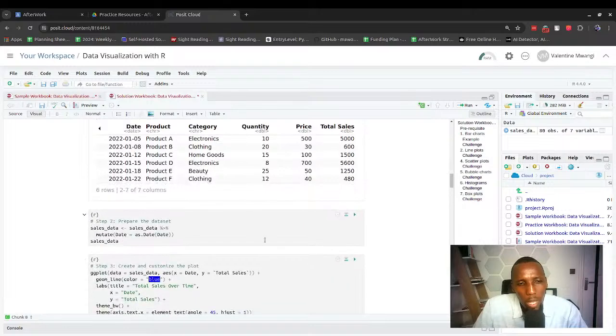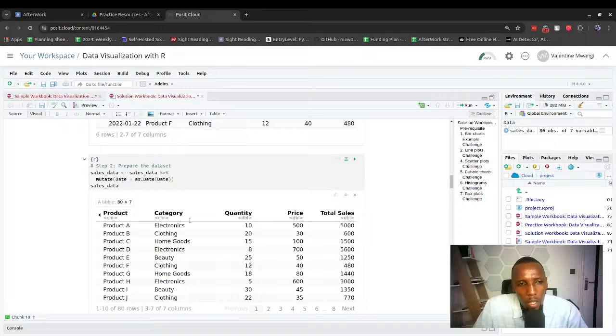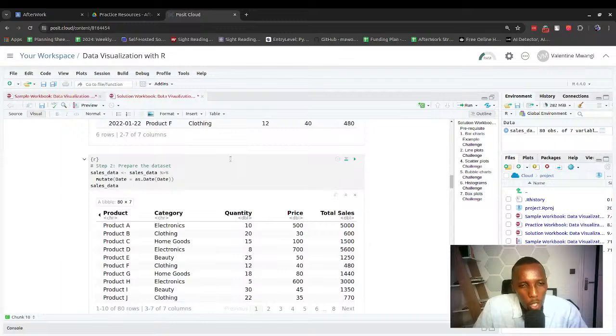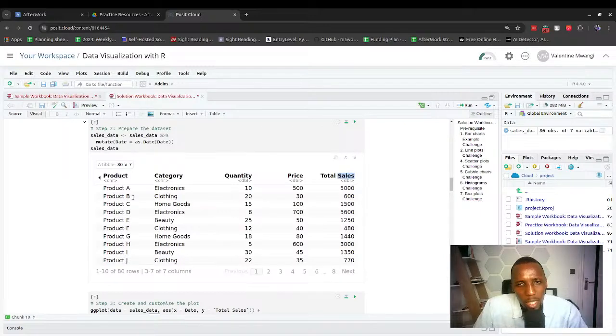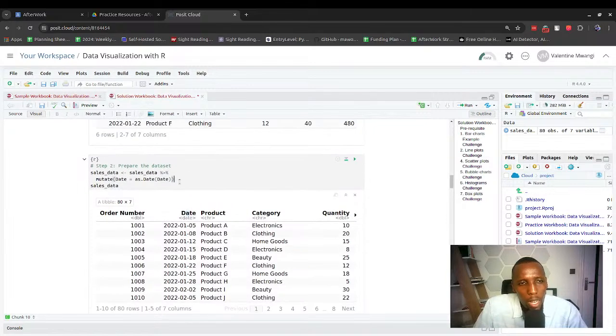Okay, then prepare the data set. What we are doing here is creating a line chart that involves having date as well as total sales. Date is the first column. Here we are converting this date column into a date format, the date-time format that we can work with. It's usually a data type. This will allow us to work with this type of data